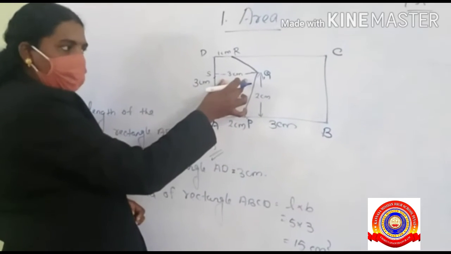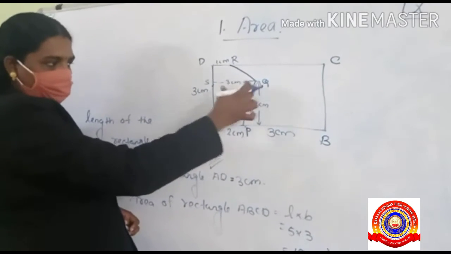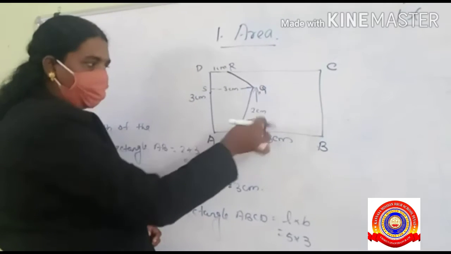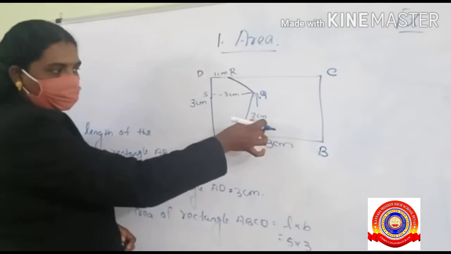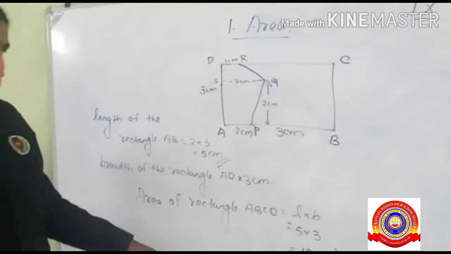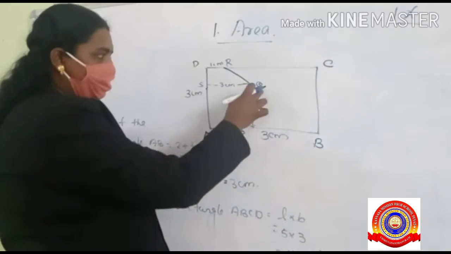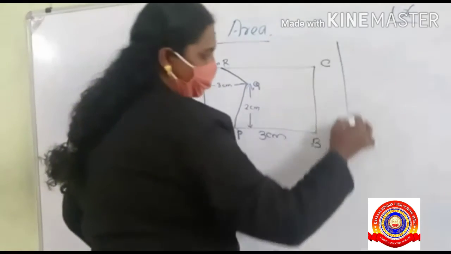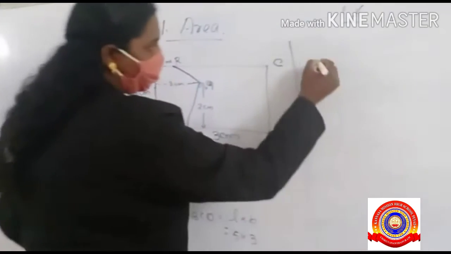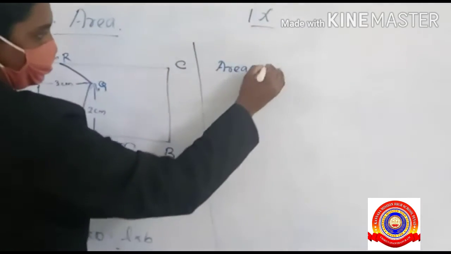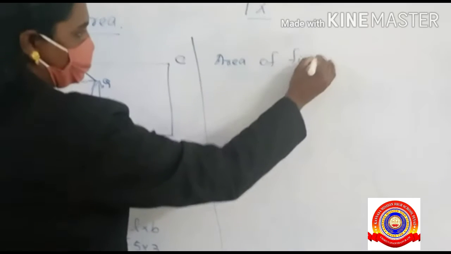Here both the sides are given. AP equal to 2 cm and SQ equal to 3 cm. And the height of the trapezium is also given and it is equal to 2 cm. Then area of the first trapezium APQS equal to,